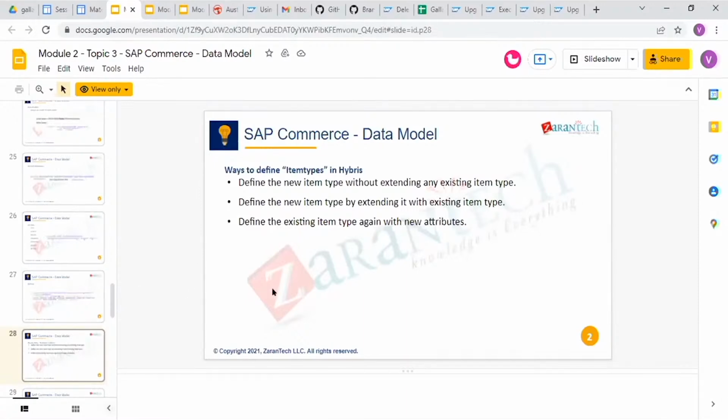And here are the ways to define the item type in the hybris, like to define a new item type without extending any. These are actually the different ways we apply, based on the scenario, what kind of data we are going to create or model. So the ways to define your item type: first is to define the new item type without extending any